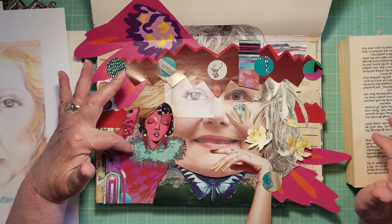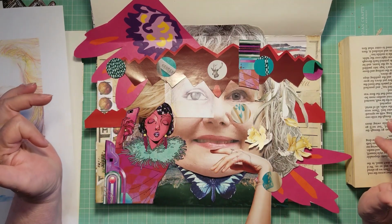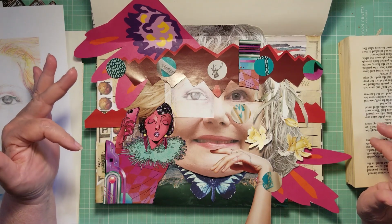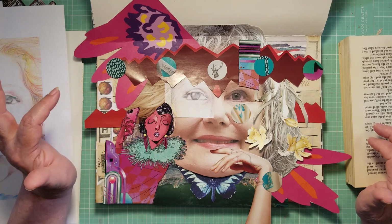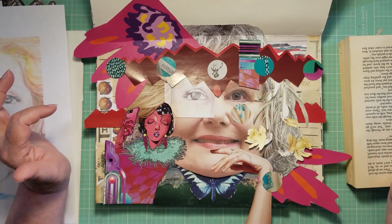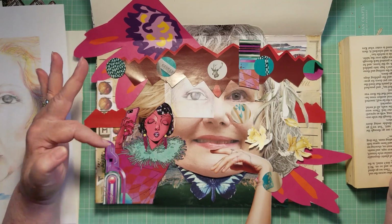And then I found this piece, and the colors worked really well with the butterfly itself, and I loved the burgundies and the pinks. That kind of worked with my pomegranates, and actually I thought with my colors in my face, I also really like the 20s and 30s, the styles, the music,